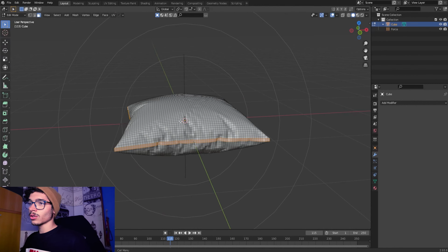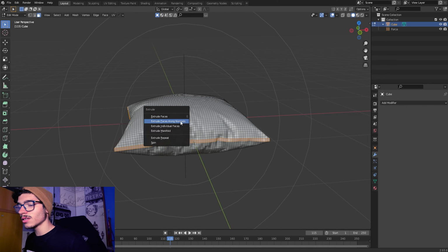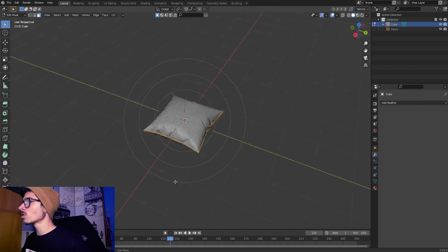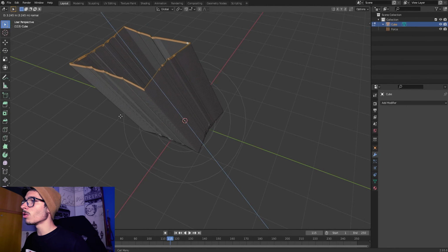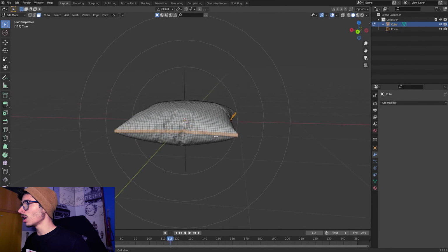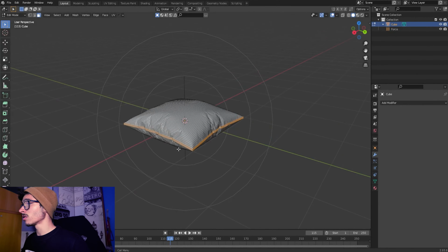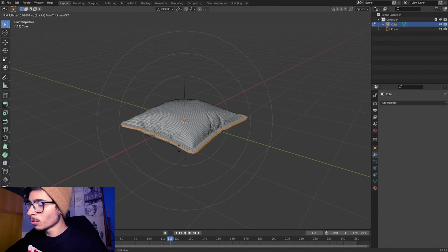Alright, so now we just need to extrude this part a little bit, so let's press Alt E and extrude along normals. Why can't we extrude by just pressing E? Because this will extrude in just one direction, and we have a lot of different normals in these faces, so every single face has a different normal. So let's extrude faces along normals, easy as that. And now let's put a number of